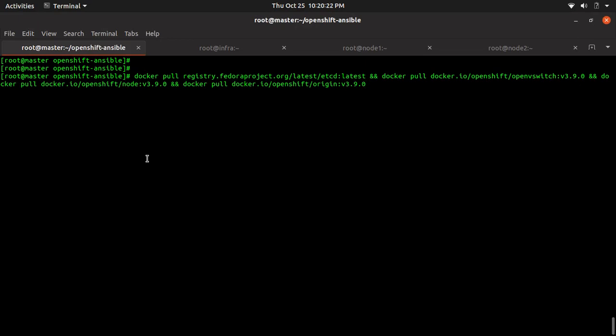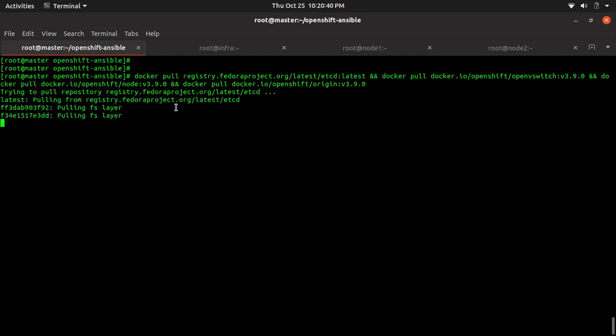So I'm pulling. You can see it will download etcd, open vswitch, the node, and the origin images. It will be very good if you can pull these images before running the deploy cluster playbook,